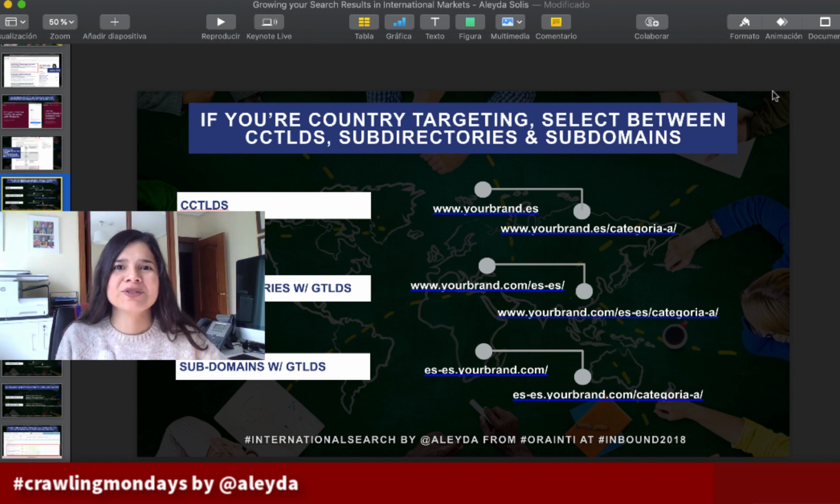First, ccTLDs, which are, I have to say, the default way to target international countries, because they are already geolocated: .es for Spain, .de for Germany, .fr for France. It's very straightforward. They are geolocated by default, and it's the ideal geolocated way to target other countries internationally. Then we have